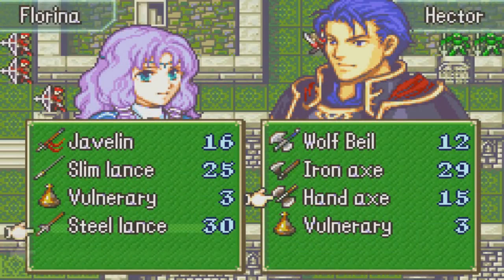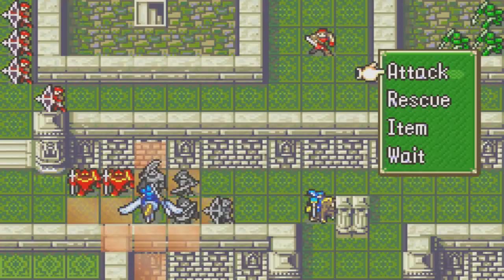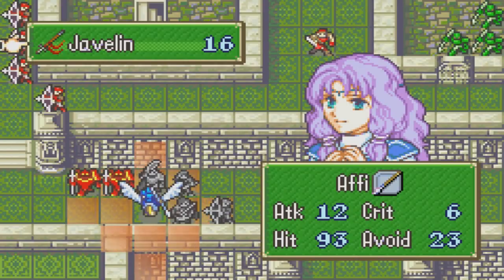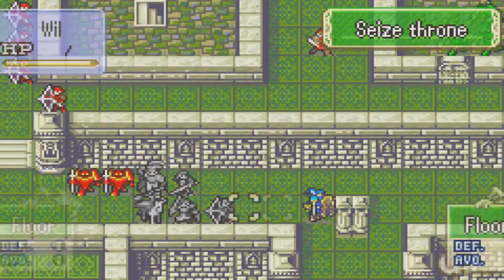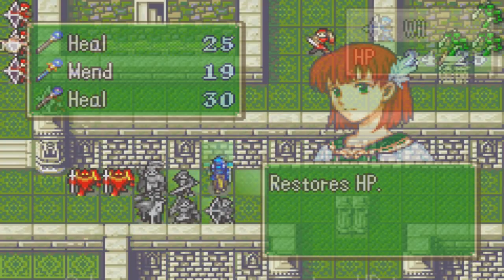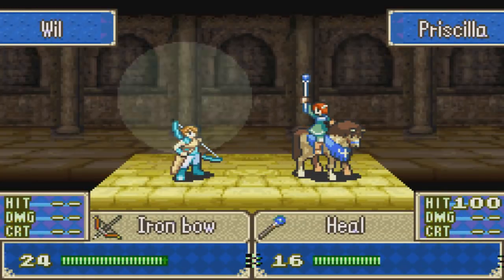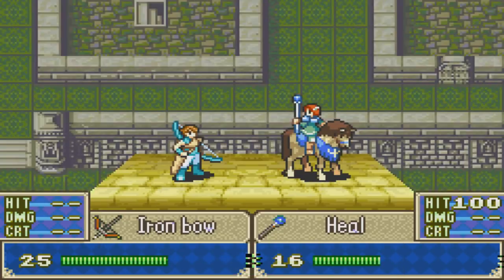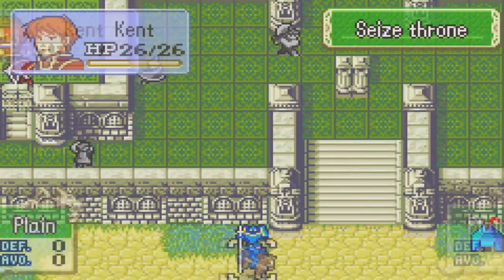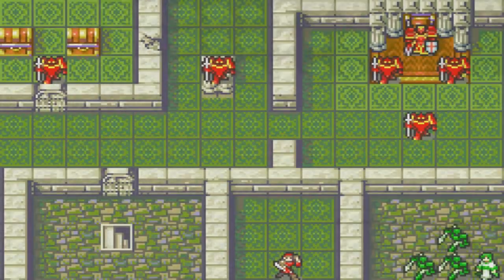Okay, no, you do not want to have the Wolf Beil up. I'll just give you the Iron Axe. And you, I guess I'll give you the Steel Axe, or Steel Lance. Not sure you can double with that, but shouldn't be too bad. Hector's gonna... well, no, actually his strength is not super high, so he might not one-round the Knights, now that I think about it. If this was any other playthrough of the game, he would, but...